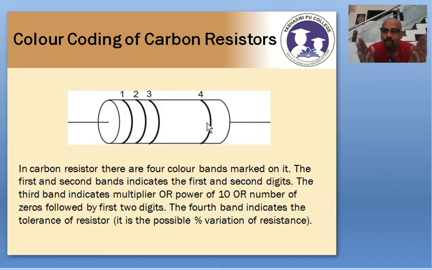Just hold on. Just try to understand stage by stage, step by step. Do not get confused. Listen properly. Suppose you take up a carbon resistor. On that carbon resistor there will be 4 rings: 1, 2, 3, 4. Which will be the first ring? The first ring is the one which is closer to that end, to any end. Always that will be the first ring only.